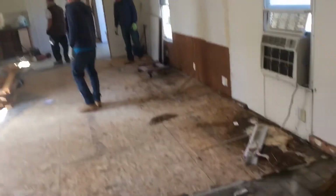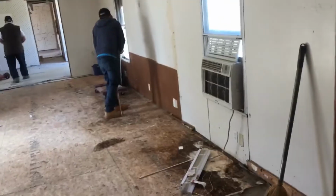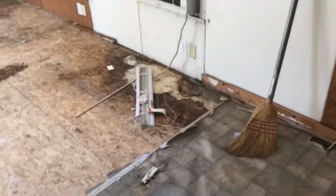Okay, y'all, we're pulling this laminate up. So look at the bad spots. We got a couple bad spots there, and that's just because they left the windows open. I shut that window down there today. That window's open with that air conditioner in there. All that stuff's running down on the floor. So